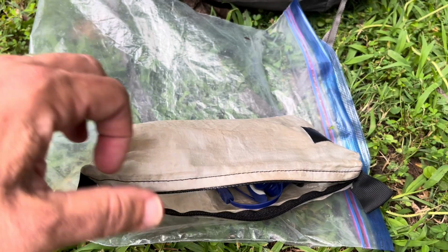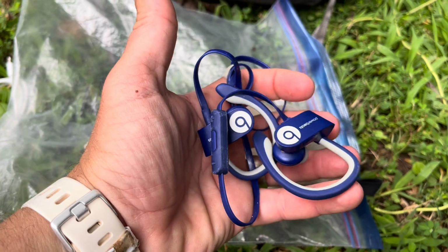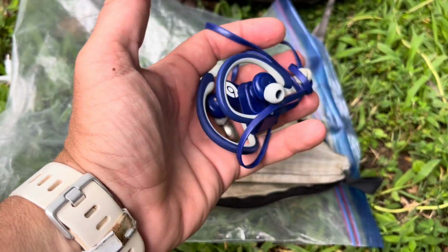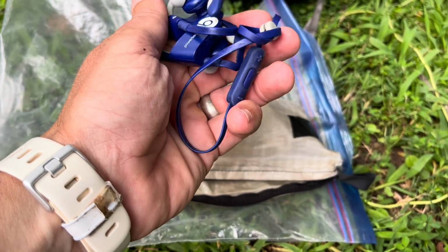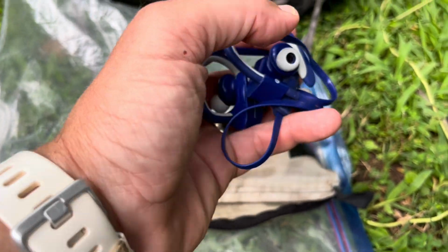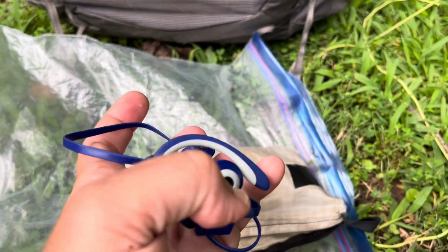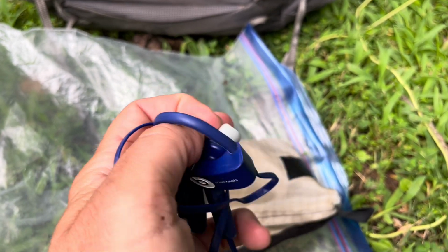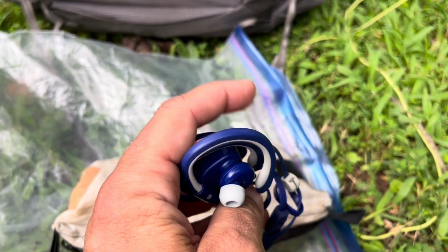So it worked great. Also in here, I had my headphones. I would use these a lot, mostly for editing. These are a pair of Beats. I think these used to be one of the boys', and they were just laying around the house. They're rechargeable. Like I said, I mostly use these for editing. When I would be in hostels, I would put together videos, and I didn't want to disturb other people, so I would use these. I used them a few times out on the trail, but honestly, listening to music on my phone just burned up my battery too much, and I had to keep it for